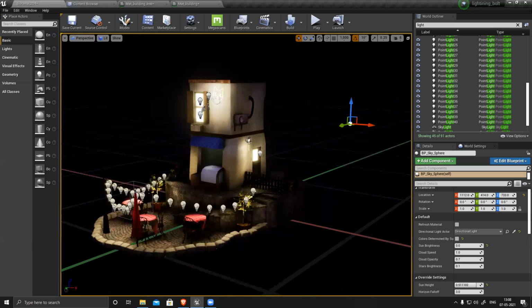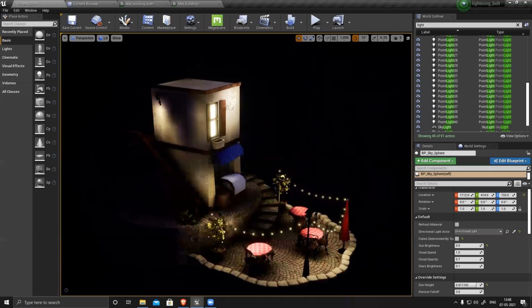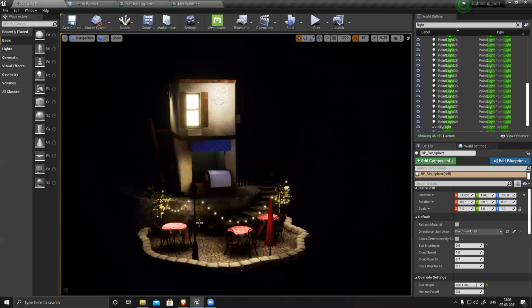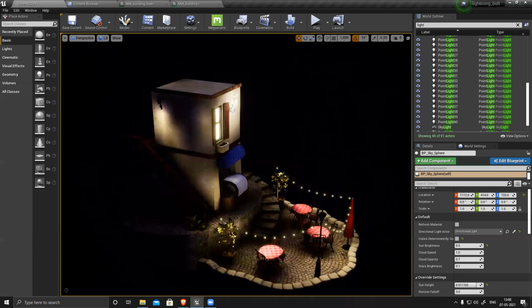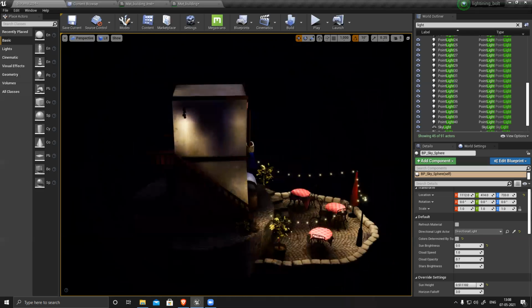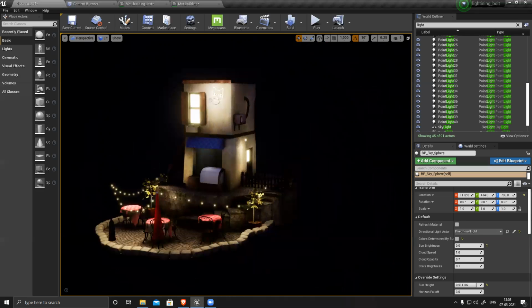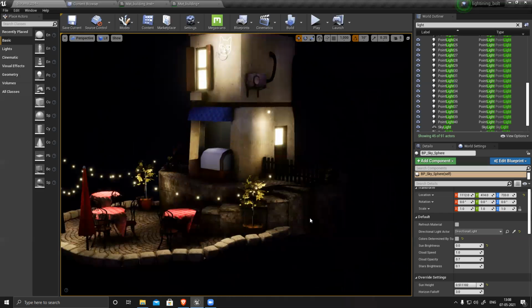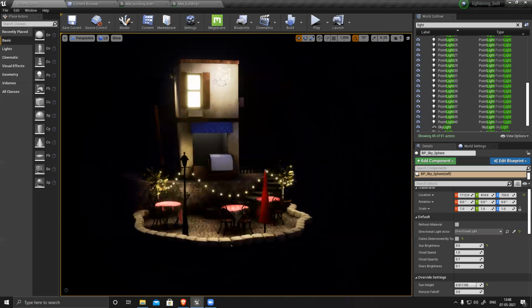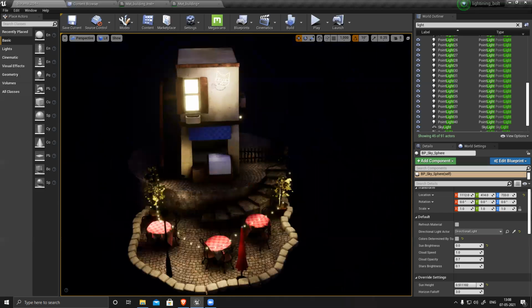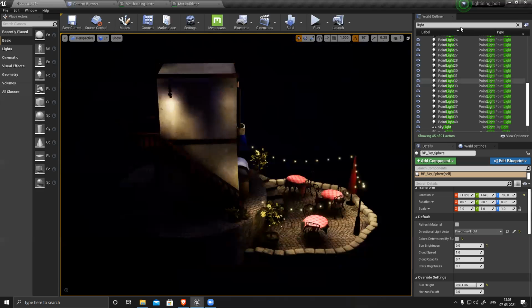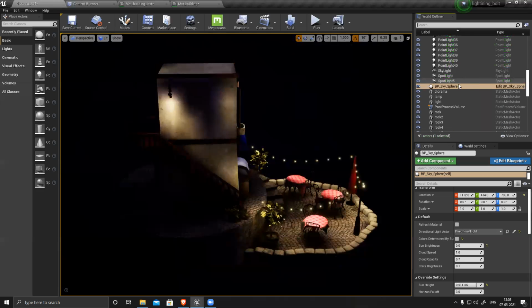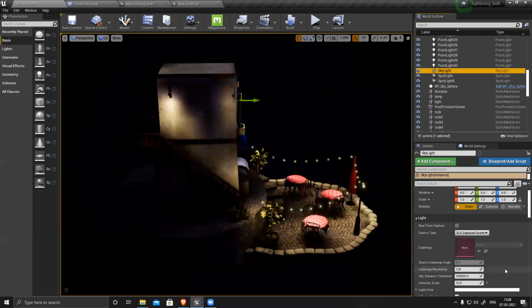Most things become bright, shadows and everything become prominent. This part is way too dark, so I need to fix this. Skylight.